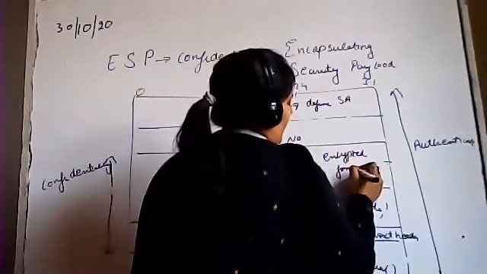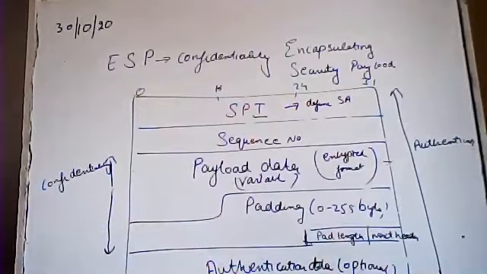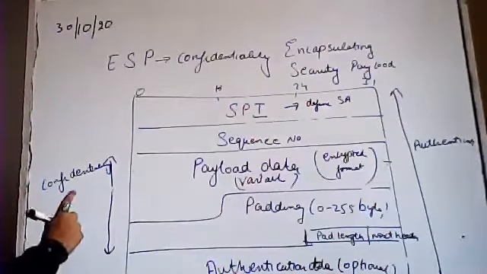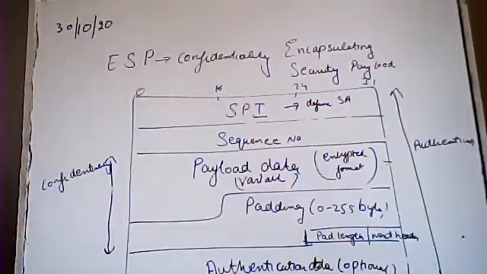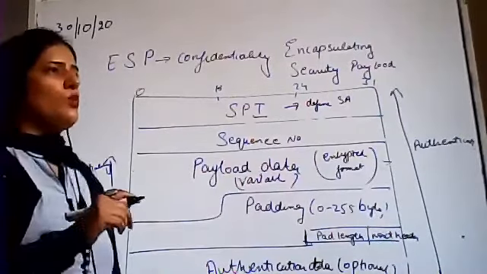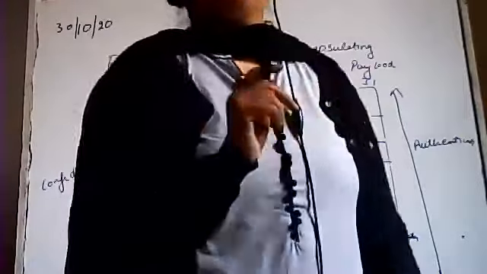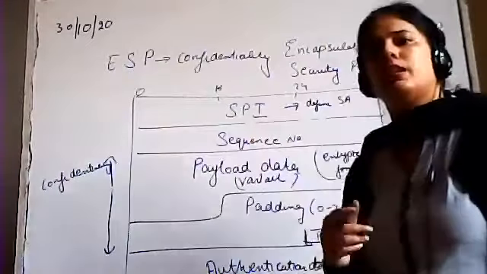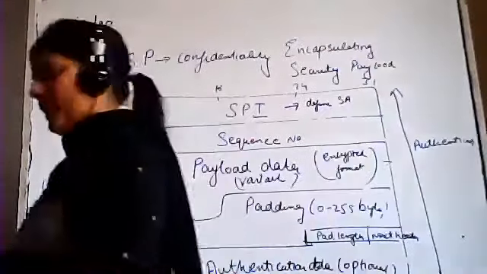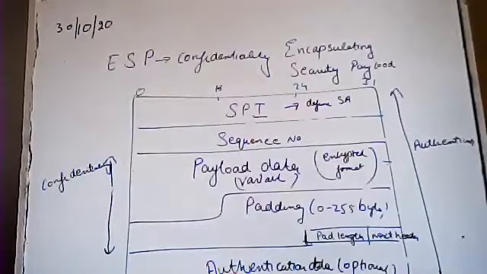We are providing encryption in this particular header format, that is ESP. That's why it is providing you with the confidentiality part. So this is the confidentiality part that we are discussing through the use of this payload data. Why so? Because in this payload data, we are using all the data in encrypted form. So we are defining that encrypted data in this particular payload data.